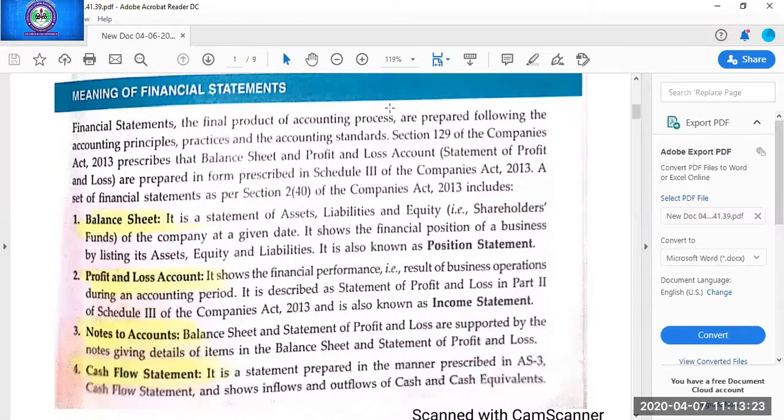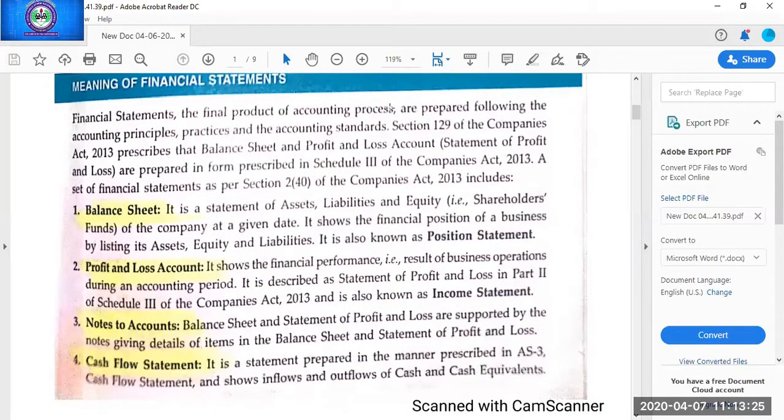In a company, there are four financial statements. This can be a one marker question. Balance sheet, as you know, is a statement of all the assets and liabilities. Then profit and loss account shows the net profits or the net results of the business during an accounting period. And in a company, to find out gross profit, no trading account is prepared, only one account is prepared, that I have already told you.